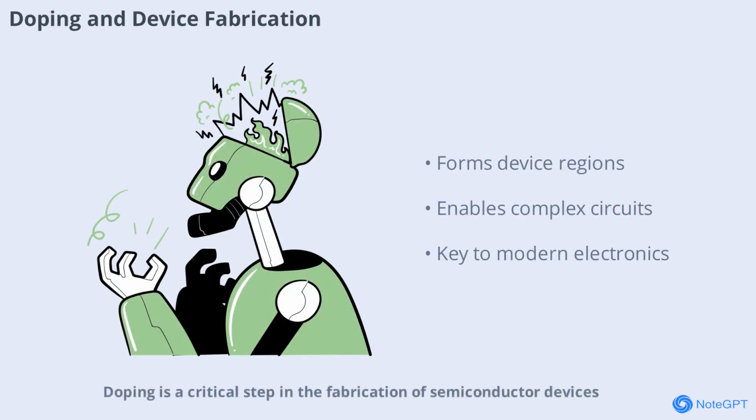Doping is a critical step in the fabrication of semiconductor devices. It allows manufacturers to create regions with different electrical properties within the same piece of silicon. These regions form the building blocks of transistors, diodes, and other components. By precisely controlling where and how much doping occurs, engineers can design complex circuits that power everything from computers to